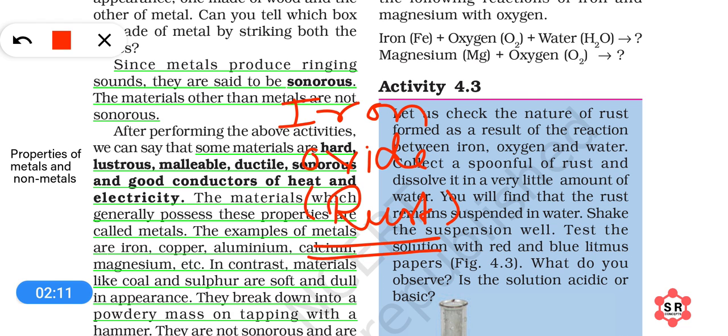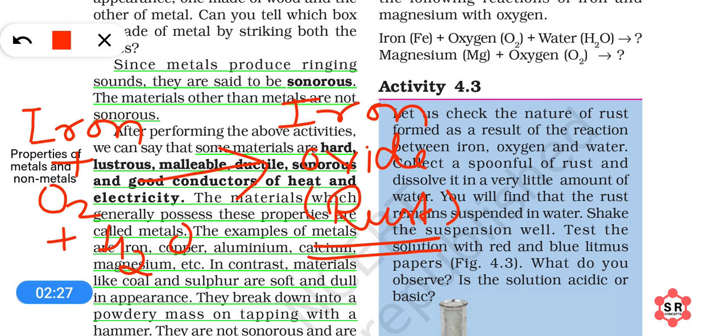What generally happens is that iron reacts with oxygen plus water to make iron oxide. This iron oxide, called rust, is brown in color and makes a coating on the iron